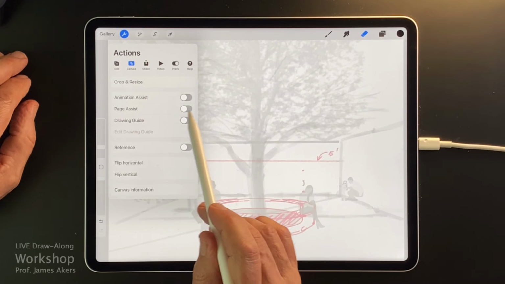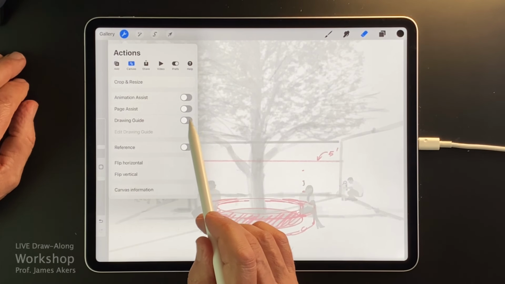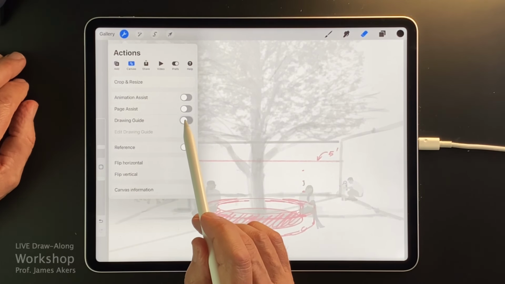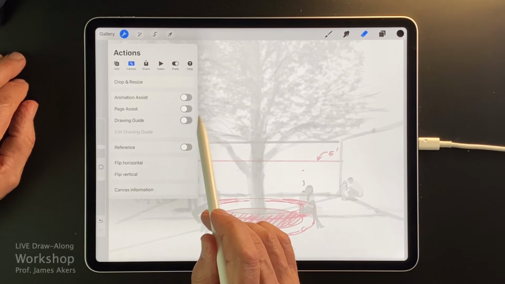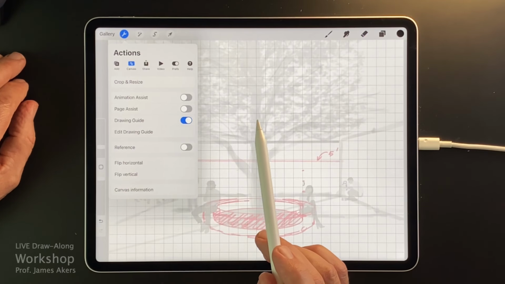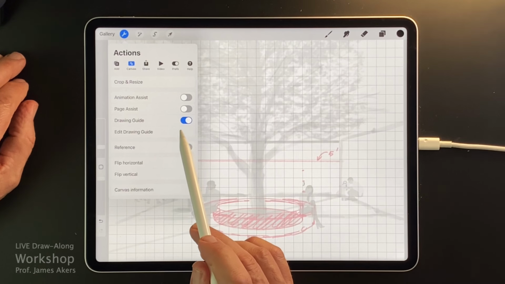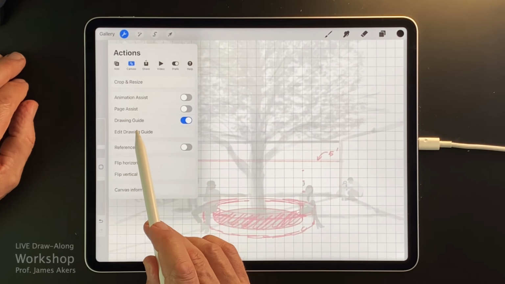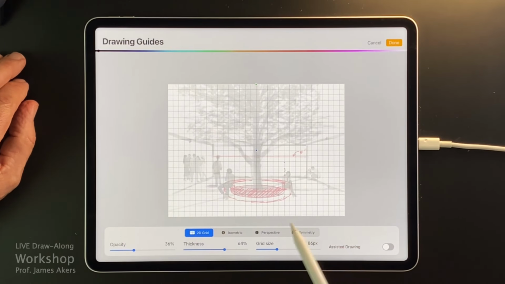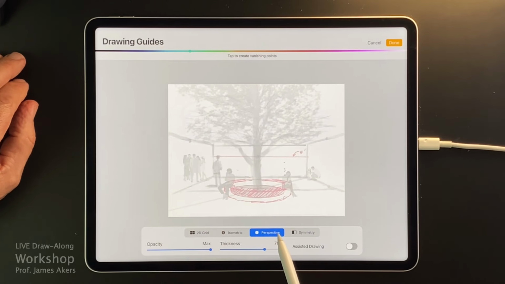And remember, in your minds again, remember what you think is going to happen when I tap this button. I'm sure you'll have it right. Up comes the 2D drawing assist by default. So I have to go to the edit drawing guide, and I have to switch from 2D to perspective.